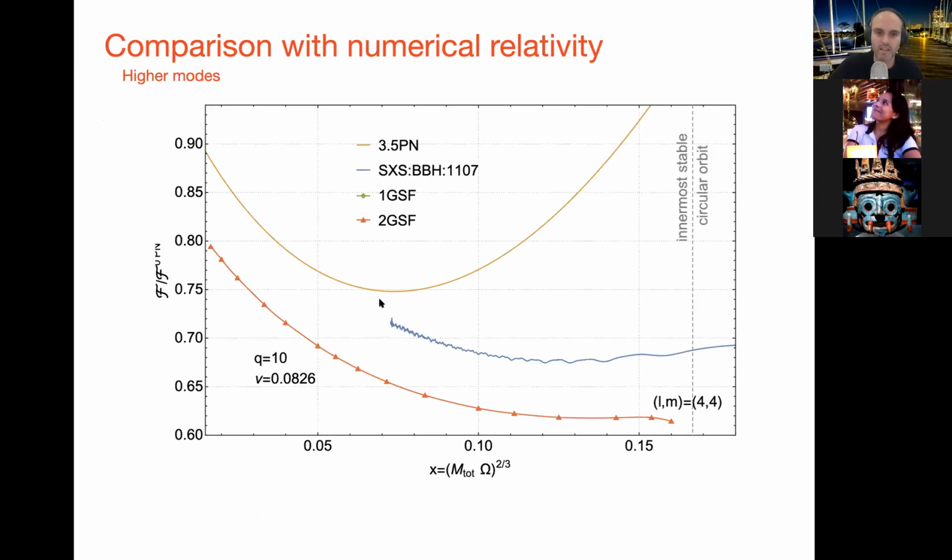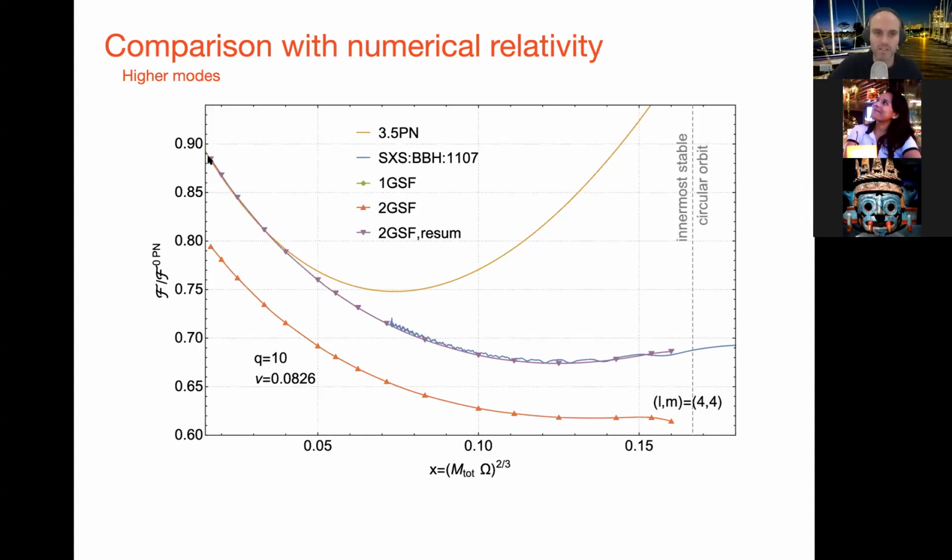And if we do that and return to our plot and do the simple resummation, we see that we get some nice results. Now we agree in the weak field as the resummation has forced us to do, but we also then agree quite nicely even in the strong field. And you can see we have very nice agreement between our second order results and numerical relativity results. And I should emphasize here, I don't think I said it, we haven't got error bars on this NR result. They're probably of the order of the oscillations you can see on the plot.